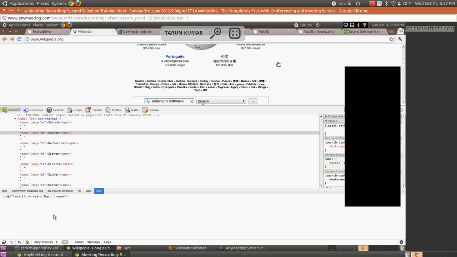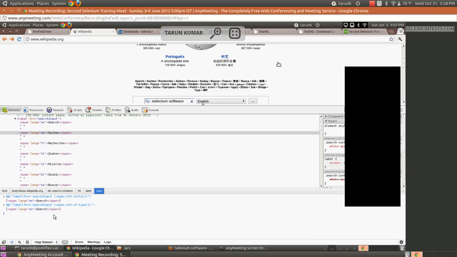Okay, so we see how we can return all the spans here. Now consider you want to return only the first span. The syntax for that is, after span, write colon nth-child, and give first here. This will return the first span element. Do you guys see that? Okay, great. Instead of nth-child, you can also use another function called nth-of-type. It will also return the same thing, that is, the first span child.